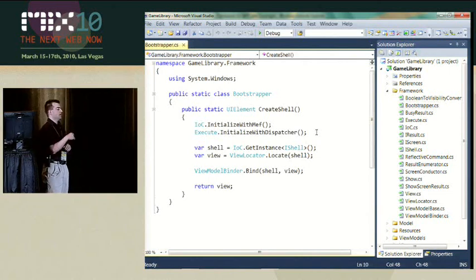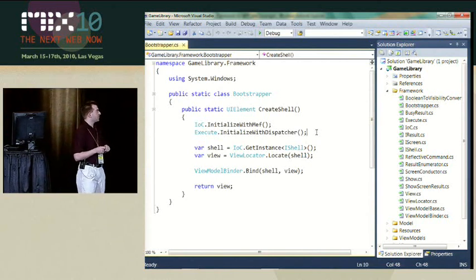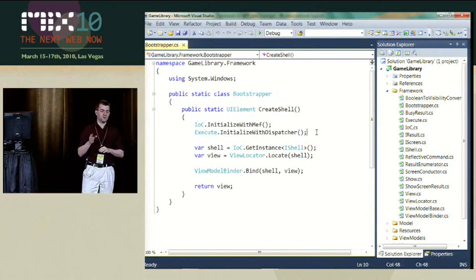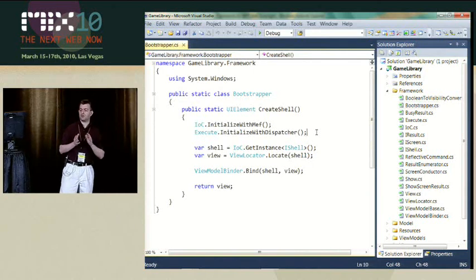I went ahead and abstracted that into its own little class. The second line of code underneath that initializes a simple abstraction of our dispatcher. What this enables us to do is some simple multi-threaded coding without actually having to take a dependency on the dispatcher class